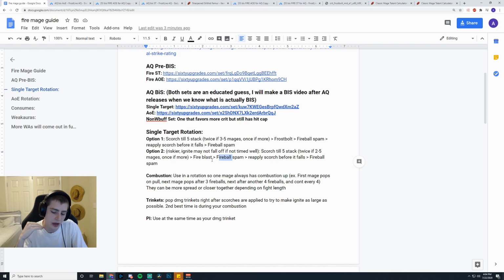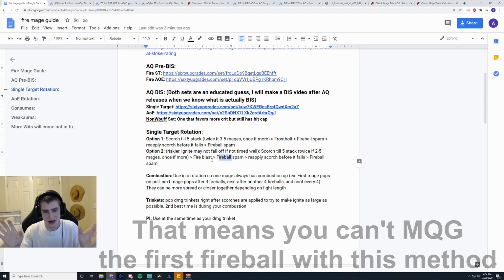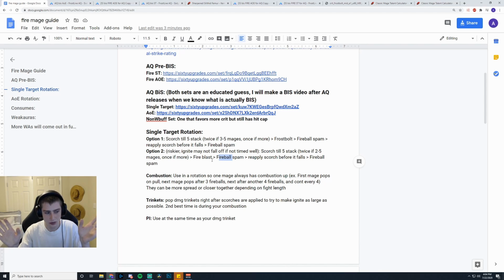Now, what this does is after you Fire Blast, it gives you a 1.5 second global, right? So that means you have 1.5 seconds to wait there into a 3-second fireball, right? So now that's 4.5 seconds. And then you also have the travel time to the boss. So it gives you a decent amount of time, like about a second of a window to let